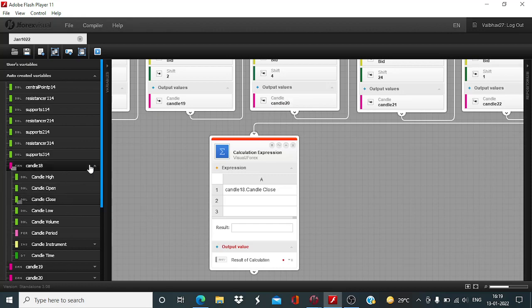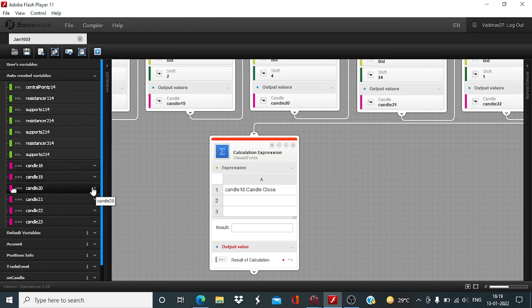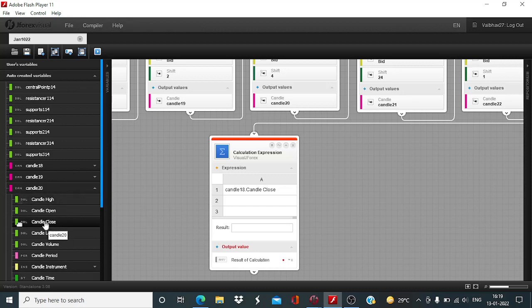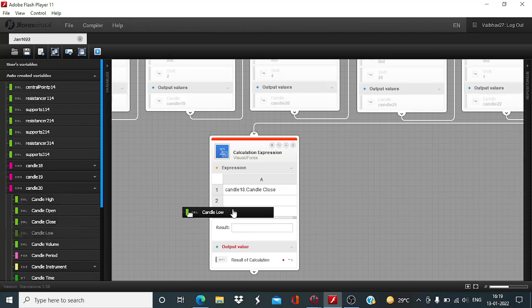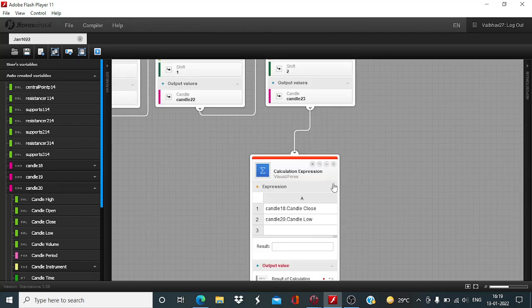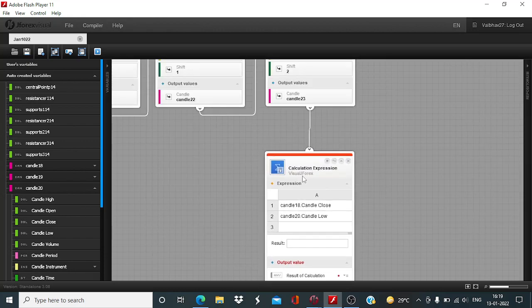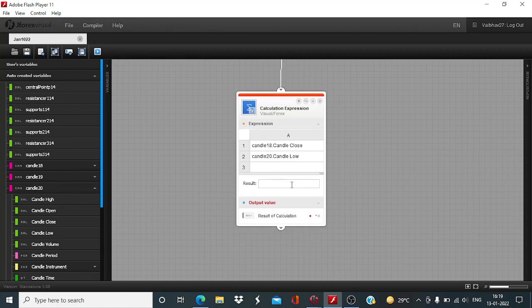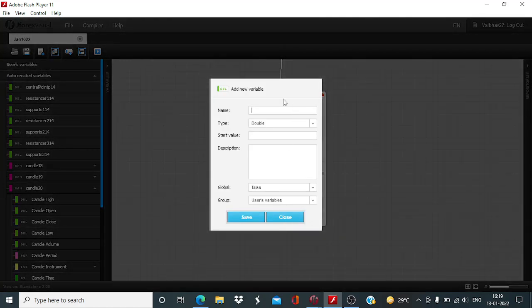Okay, so we take candle 20 candle low, and this will be A1 minus A2. Okay, hourly candle difference,